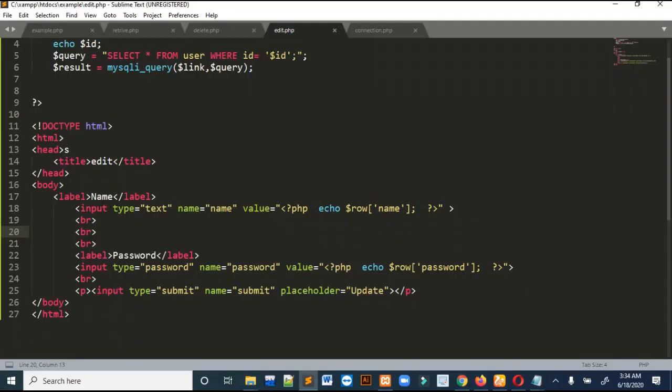So whenever we click on update button, you can see that it is showing the name and then this is the password. Okay, so there is an error. So it is saying that undefined variable. It is because we haven't write